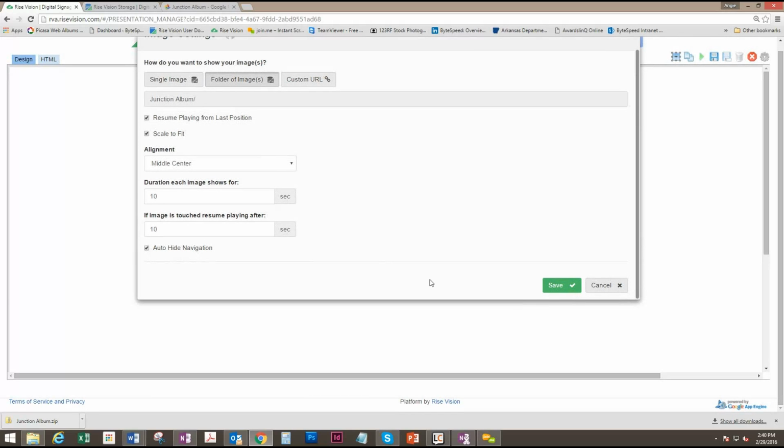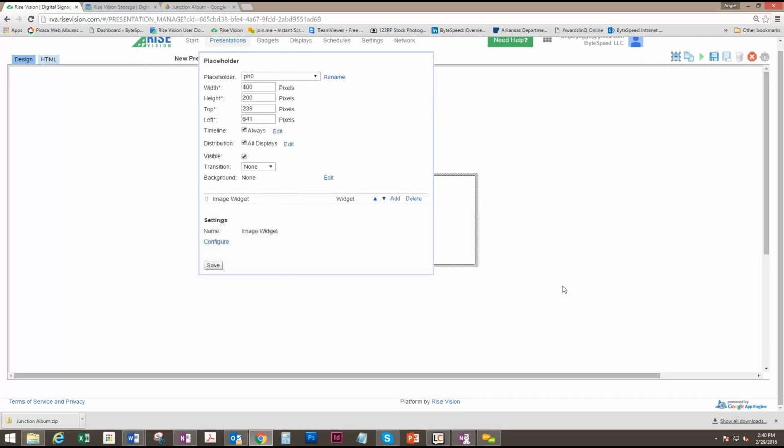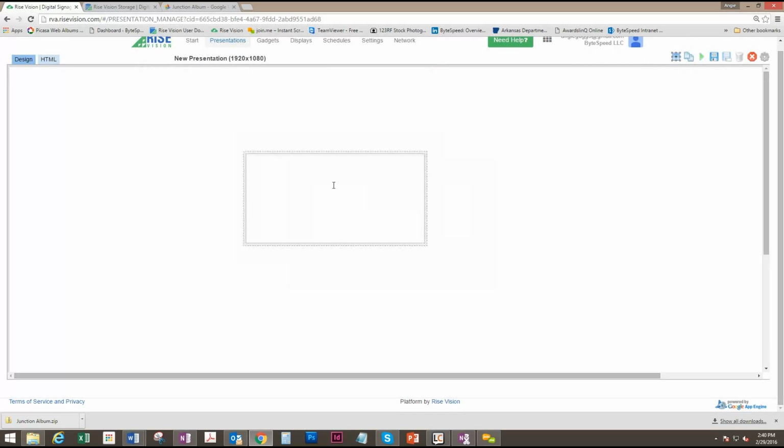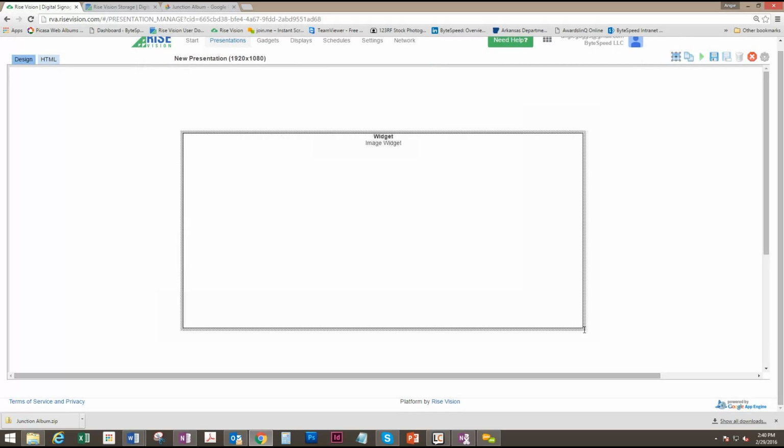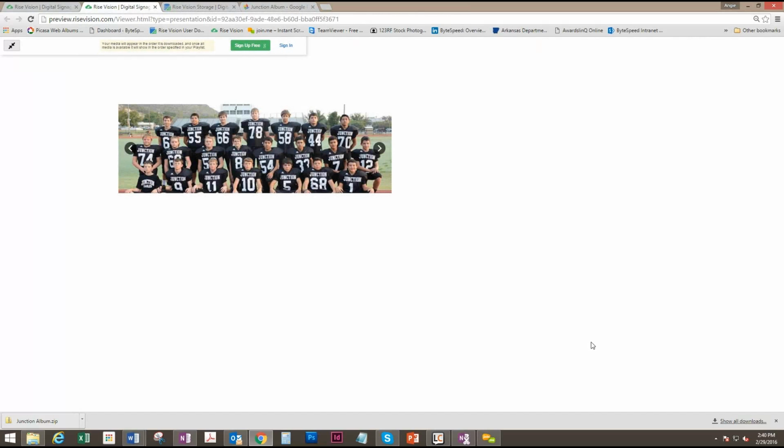I'm just going to check mark auto hide navigation, click Save, Save, drag my box a little bigger here, Save, and preview that. And there's my images. So that's how you're going to show an album of images using Rise Storage. I hope that helps you guys and makes it a little bit of an easier